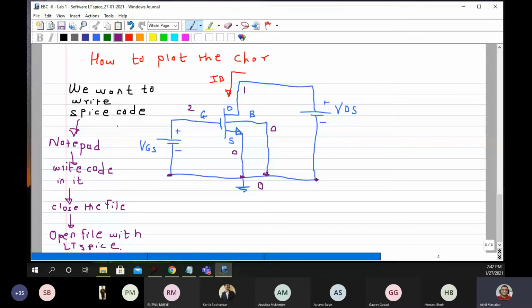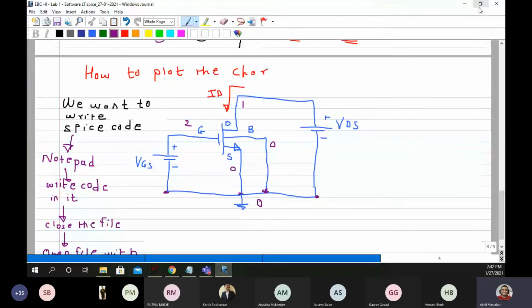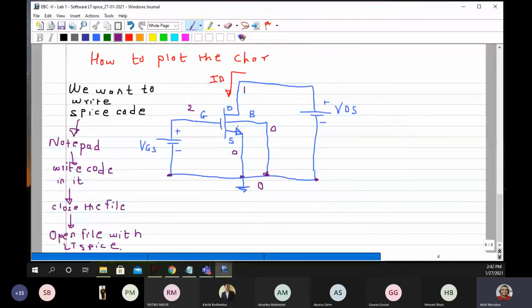First and foremost, open a notepad file. Now, what will you write in that notepad file? The first thing that we will have to write is a star.